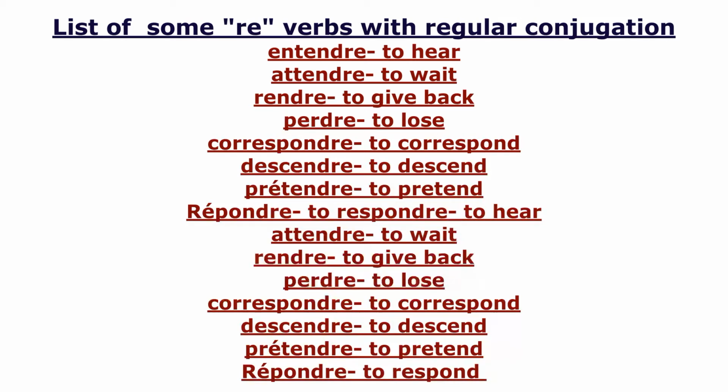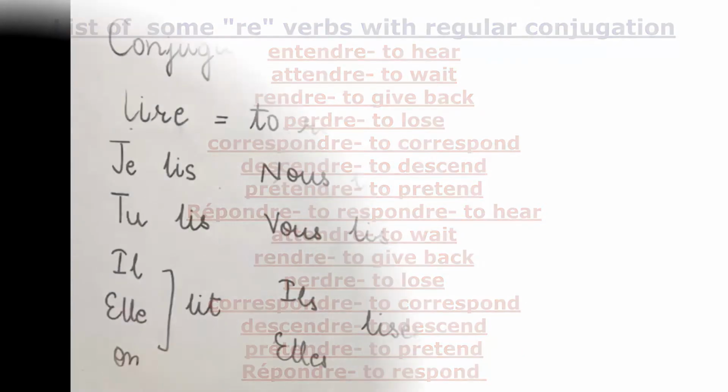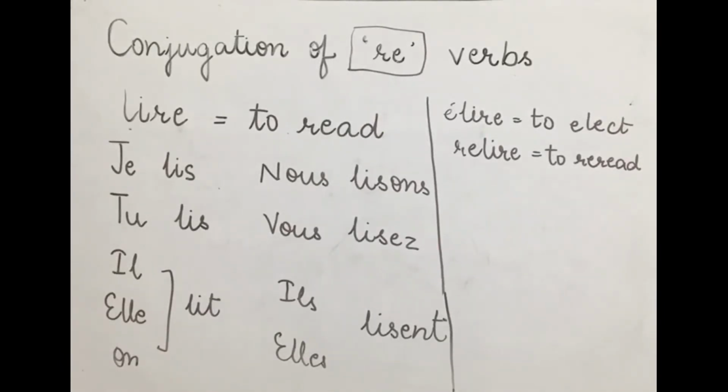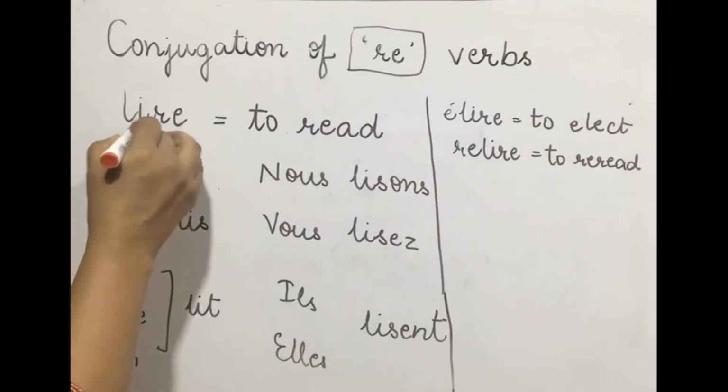So this is the list of the verbs where you can just remove RE and add the endings which I told you in the verb vendre, and you can get the conjugation of these verbs. Okay, so now after conjugating regular RE verbs, the verbs ending in RE that follow a set pattern, I would like to give you some irregular RE verbs also, because as I told you, verbs are very important to learn